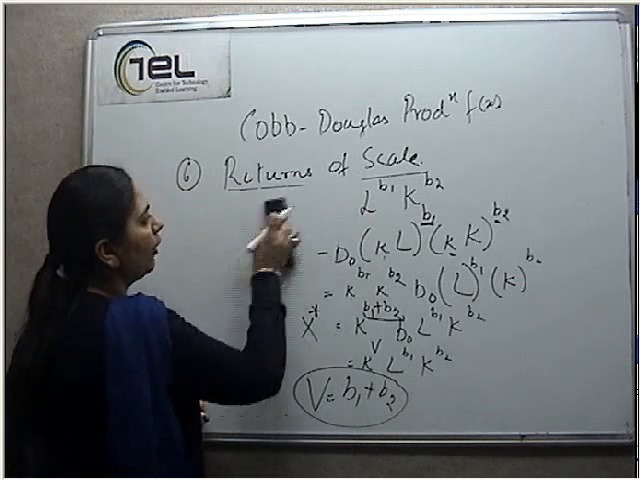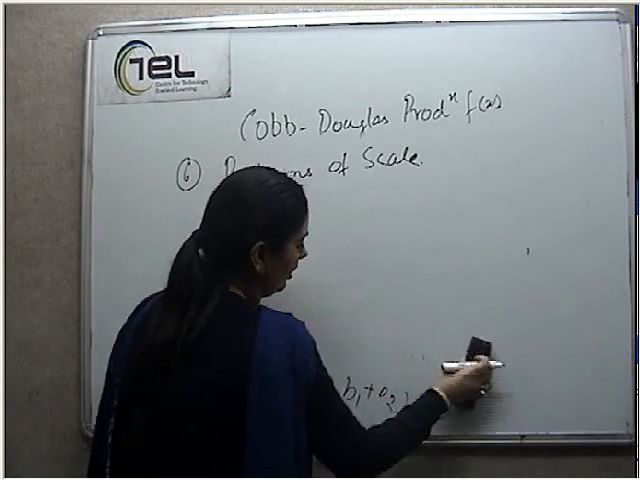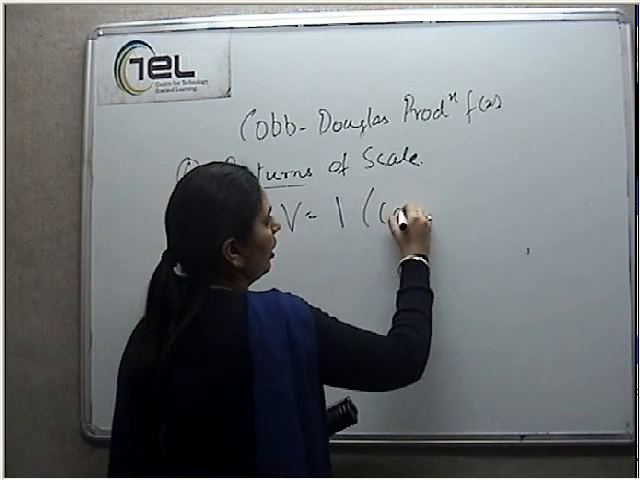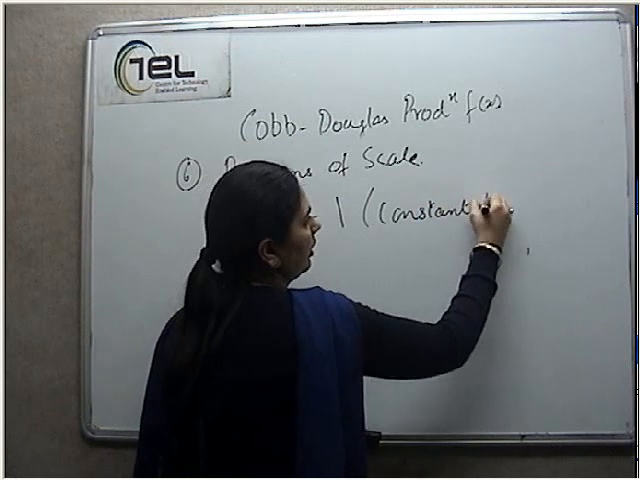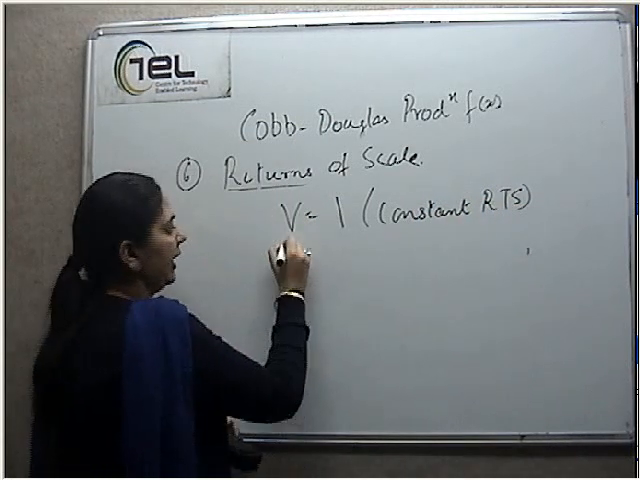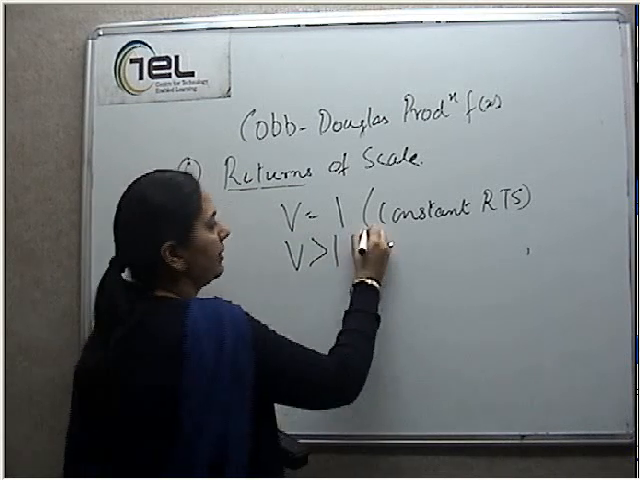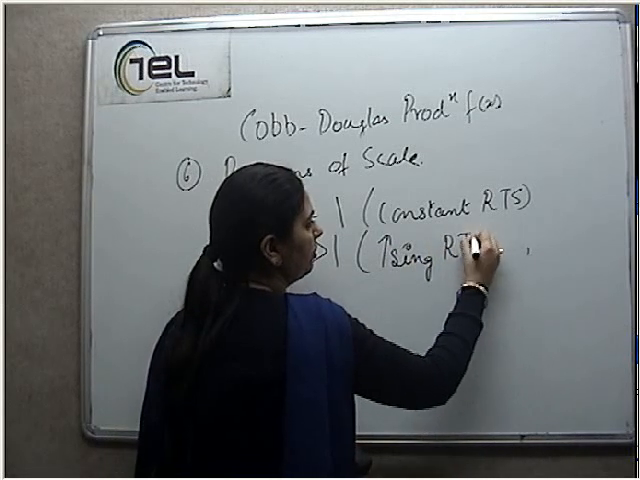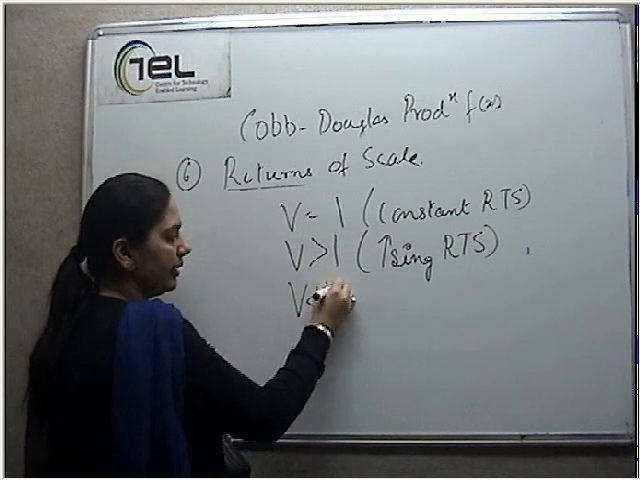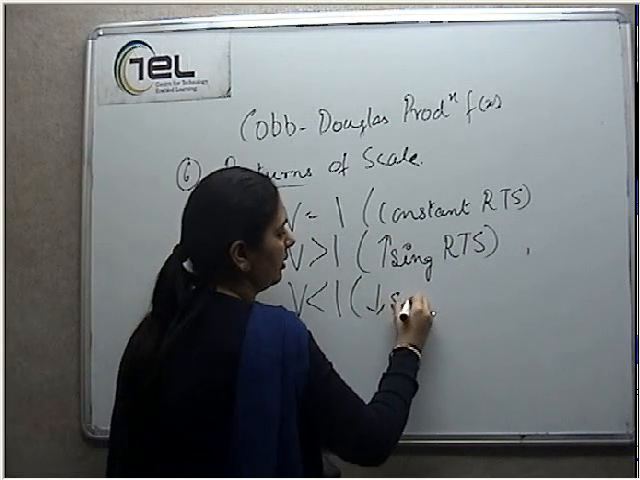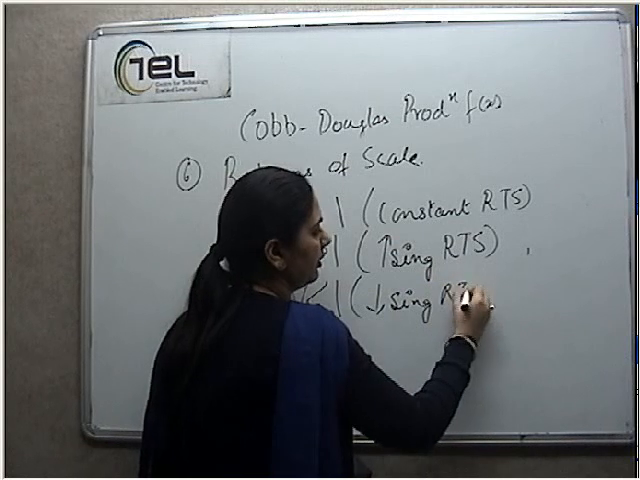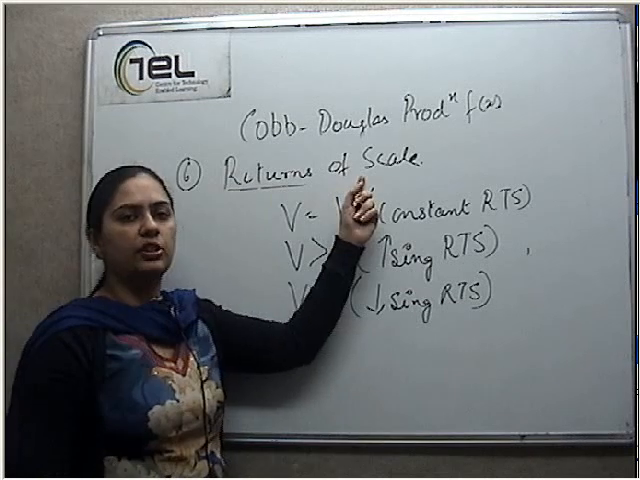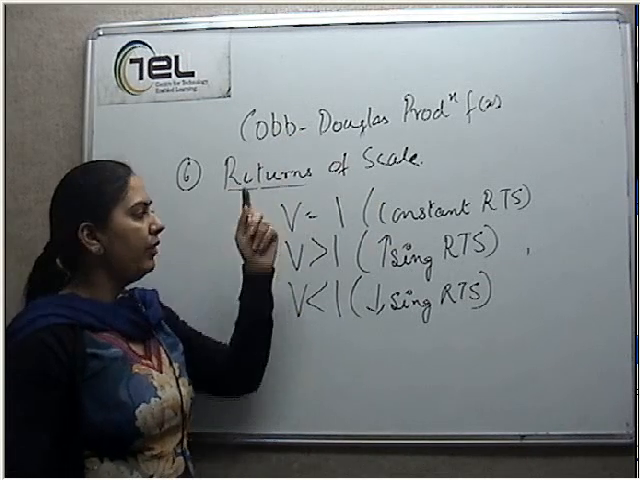Now if this value of V is equal to 1, I say it is constant returns to scale. If this value of V is greater than 1, I say this is increasing. This sign is for increasing returns to scale. If this value of V is less than 1, this is decreasing returns to scale. So to find the returns to scale situation of Cobb-Douglas production function, we had to first find V,